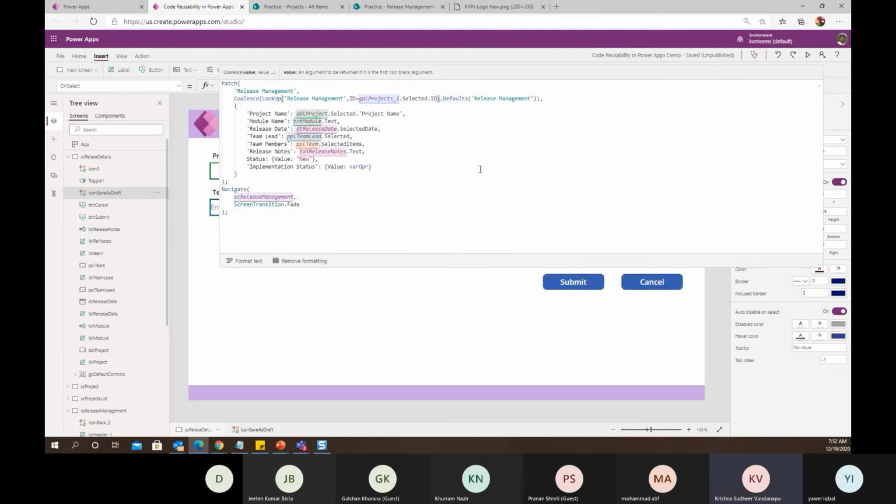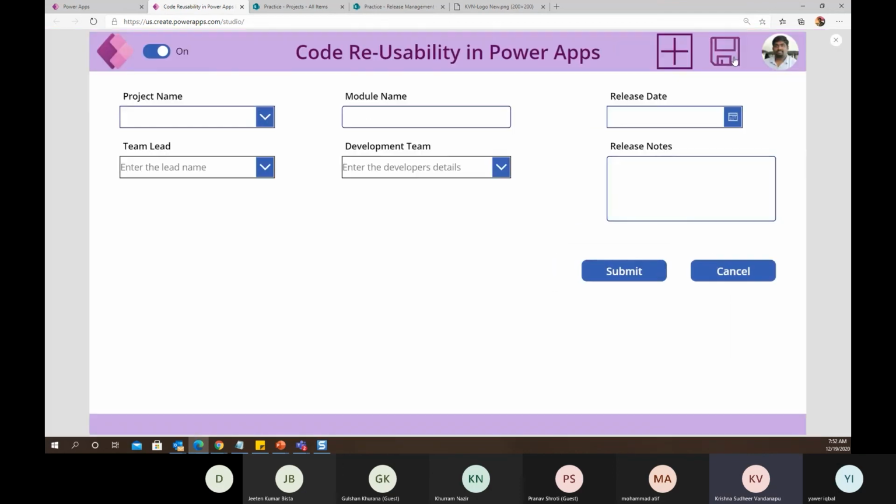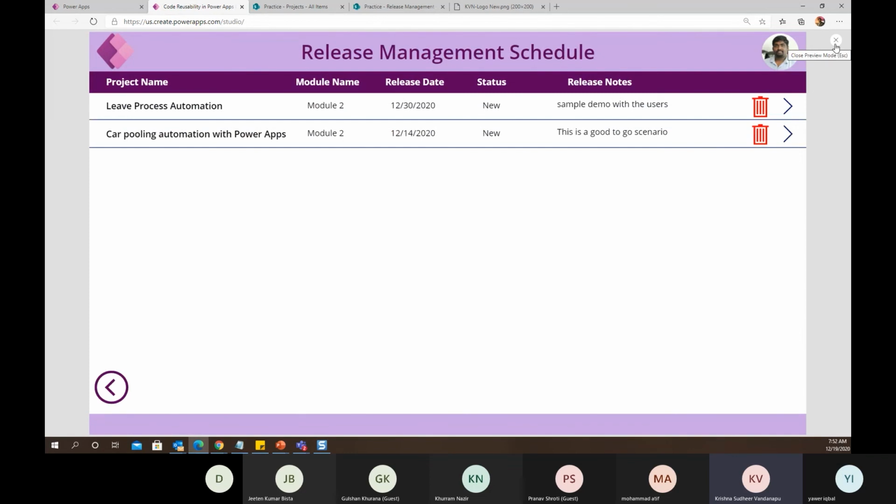So this time what I'm doing is I'm getting the selected ID. When I just submit that, it will just update the existing item with the new value.